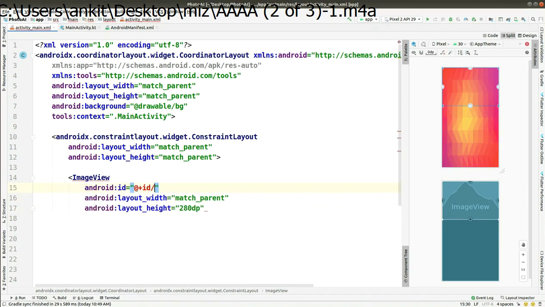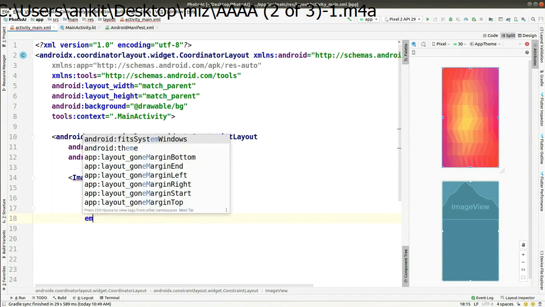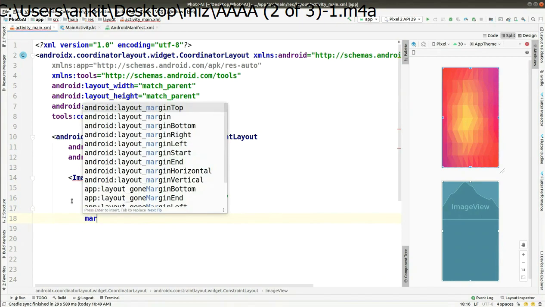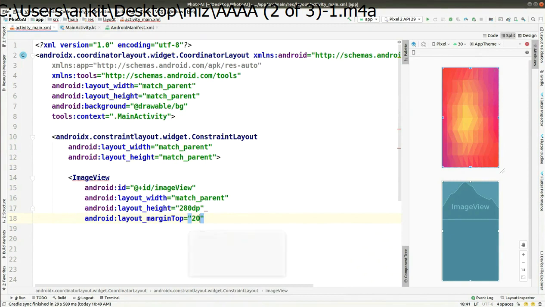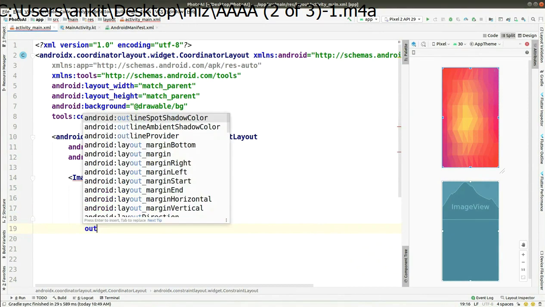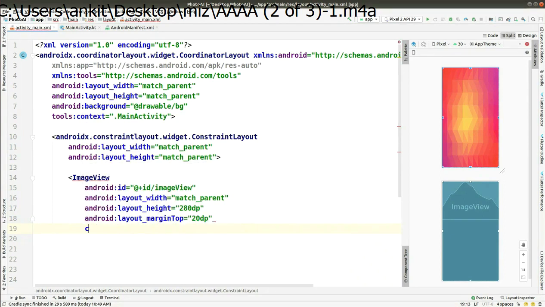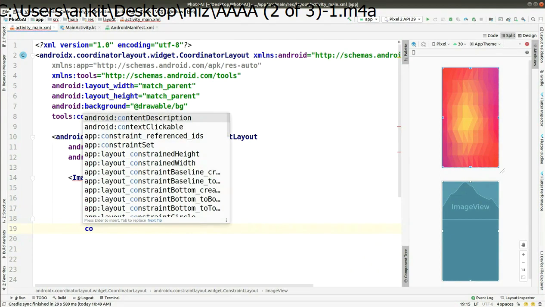Also, you have to give the ID for this image view, that is imageView, and make sure that V is capital to avoid the spelling mistake. And then we have to add the margin also, from the top side it is 20 dp.